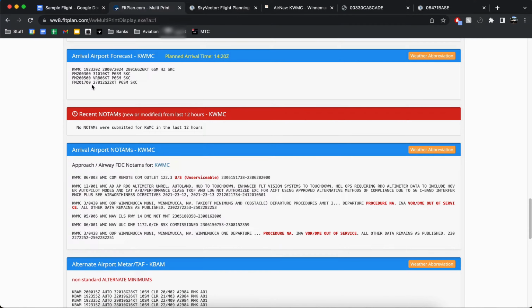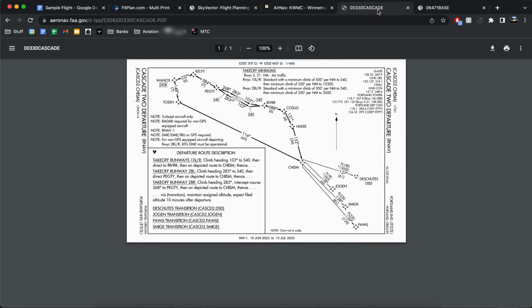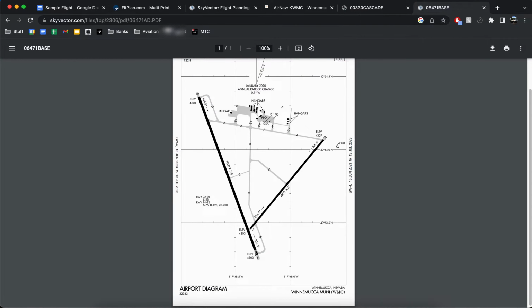Now, a little red flag going off, because we're supposed to be arriving at 14:20, and that's going to be about 7:20 a.m. We're planning to leave at noon, heading out of Winnemucca at noon back to Portland. So this 1700 Zulu, if my math is correct, that's 7 plus 3. That's 10 a.m. At 10 a.m. the wind's 270 at 12, gusting 22. So we need to run a crosswind calculation based off of runway 32,